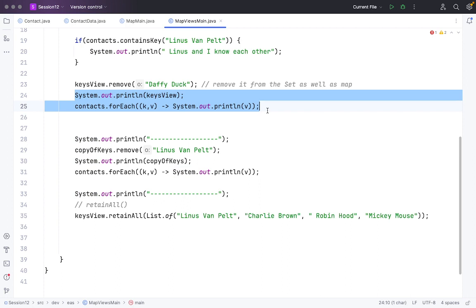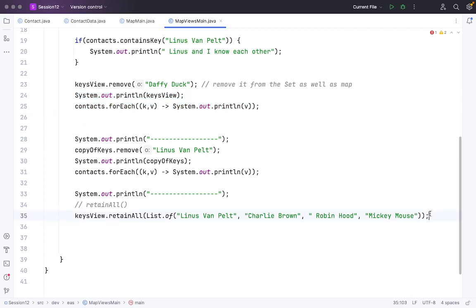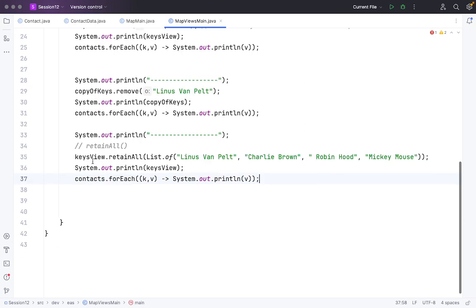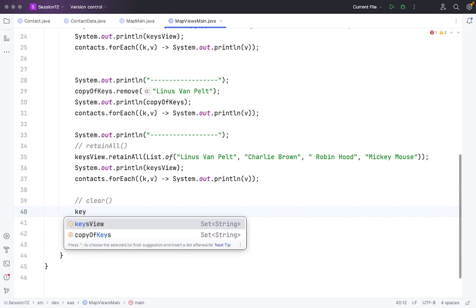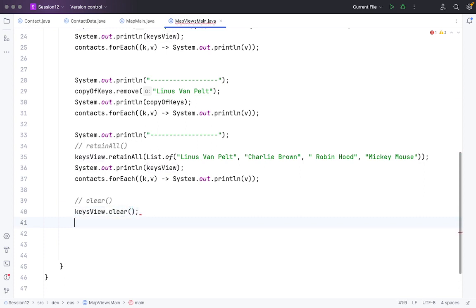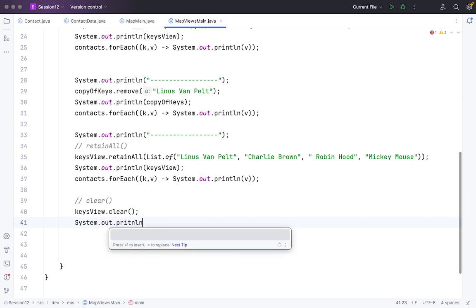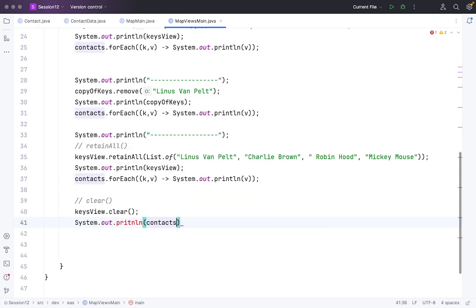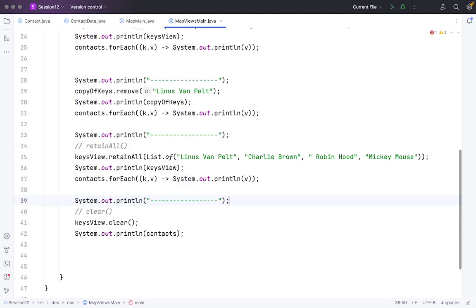or I will take it directly from here, and we will see that since we already know that anything we change in keyViews will map in contact as well, right? So that is one thing we will look into. And one more thing we will see is the clear function. So let's write keyViews.clear, and we will print out the contact as well. Let me have some separator here as well,